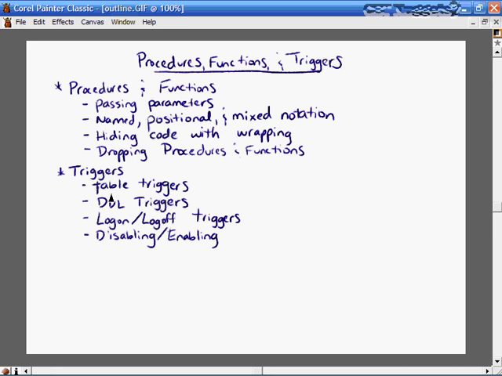Then for our triggers, we had 3 different types of triggers here. We had our table triggers, which react to different types of insert, update, and delete activity on a particular table. We had DDL triggers. Those are ones that react to data definition language statements such as drop, create, alter, grant. And then we had our logon triggers. So we can monitor when people are logging on or logging off. And then, of course, you can disable and enable your triggers as well as